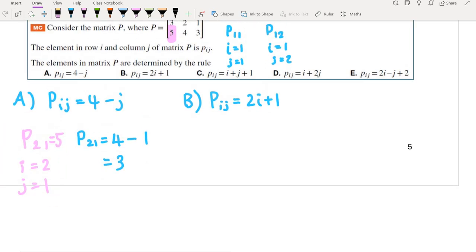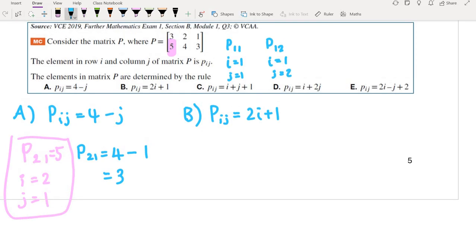So let's see, P21 is 2, and in our case i is 2, plus 1, and that is 5, which is great. So this may be our answer,